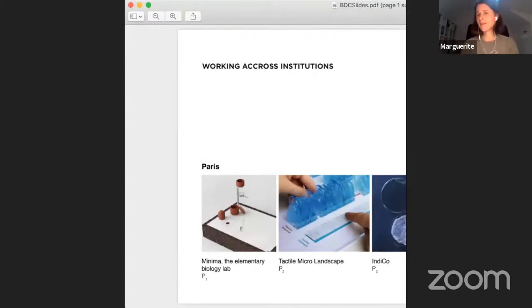And I think my talk is going to be much less poetic than the one before, because I'm going to speak about the collaboration process during biodesign between designers and biologists in the context of the Biodesign Challenge. So I conducted a study a few years ago where I tried to analyze in a different way how designers and scientists, mostly biologists, collaborate. And when I talk about biodesign, I will mostly speak about designing with very